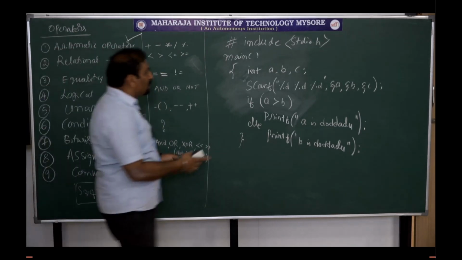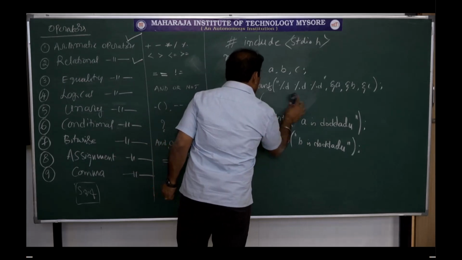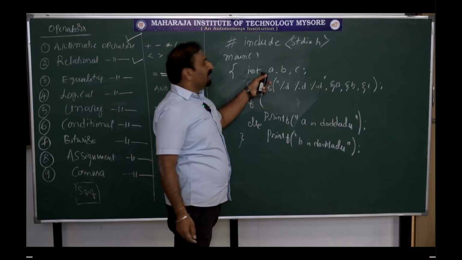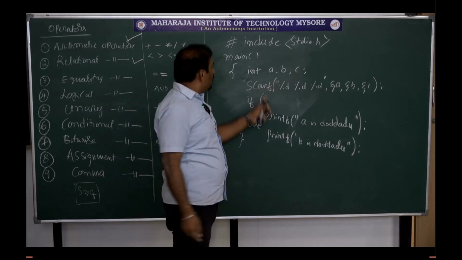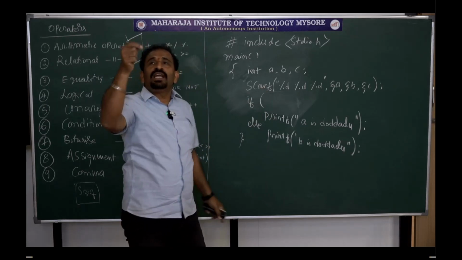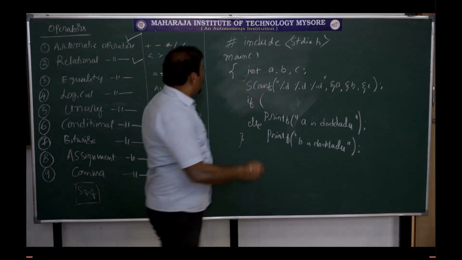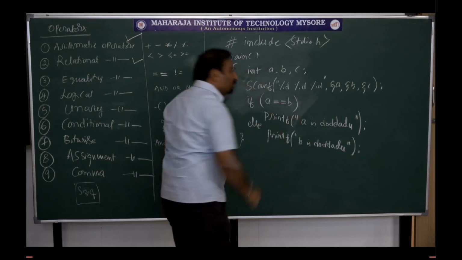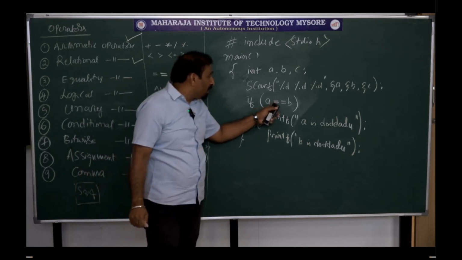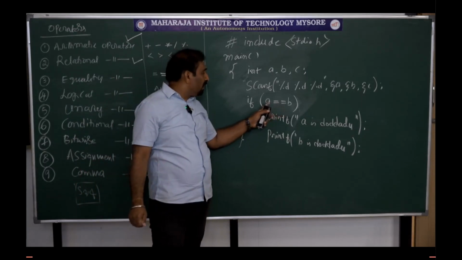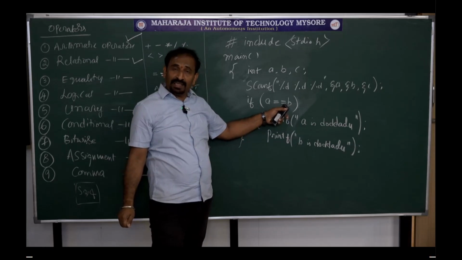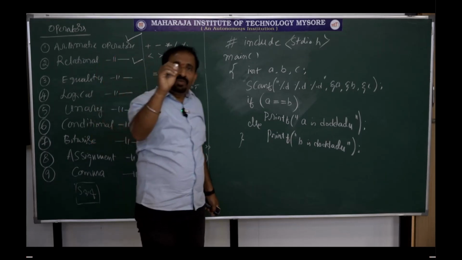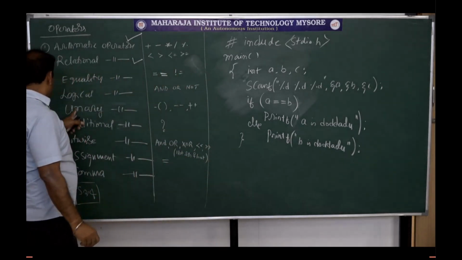All right. How to do this? As usual in the same program, I am now declaring three variables A, B, C. I will be reading these three numbers, A, B, C. If A equals B, observe this carefully, I am writing two equals. If A is equal to B, you can ask me, sir, why two equals? Why two equals? Because you have here